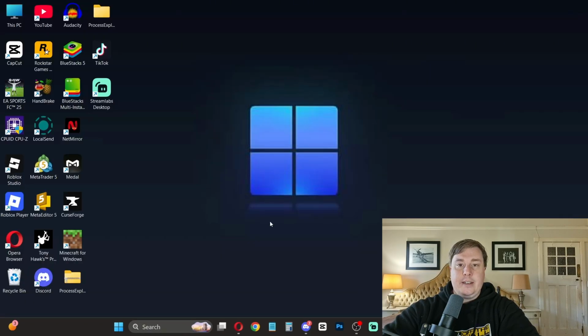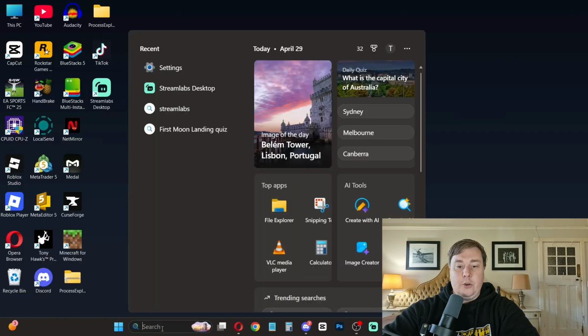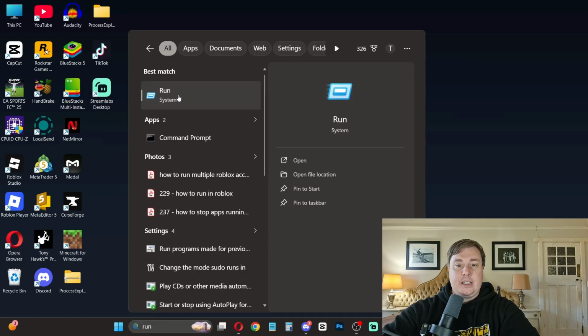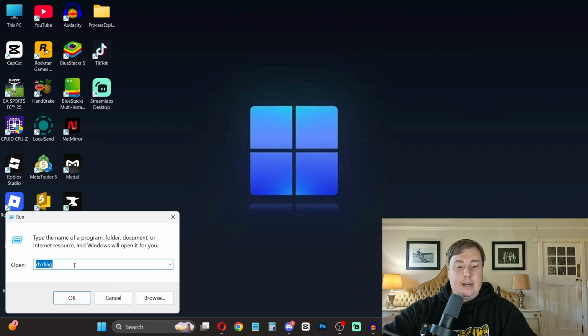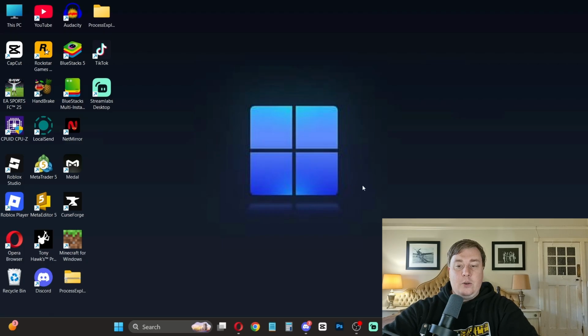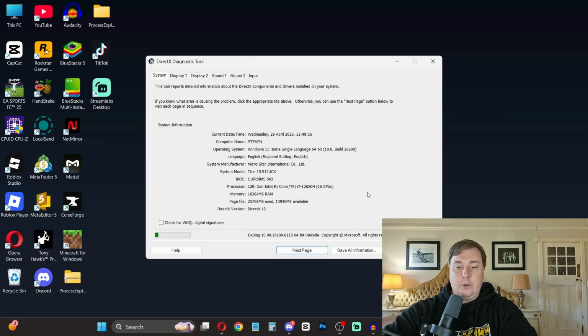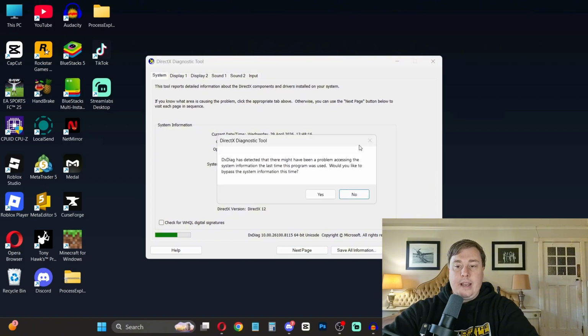If you want to double check your DirectX version, you can go to the search bar. You can type run. Under the best match, click on run. And then you want to type in DXDIAG, and then click on OK. That will just load up for a moment. Okay, bypass this time, just click on yes. And right here it says DirectX version at the bottom there, 12. Okay, so if you notice